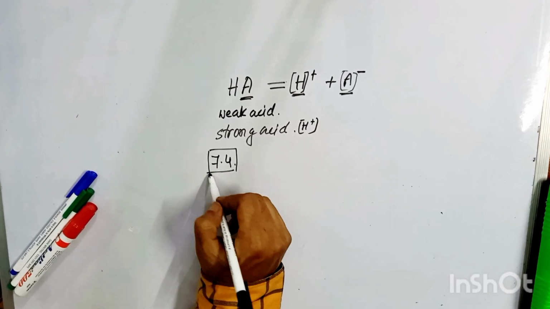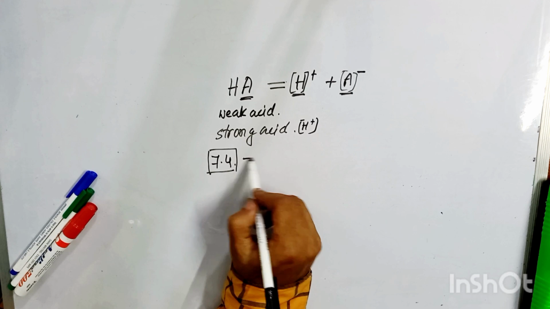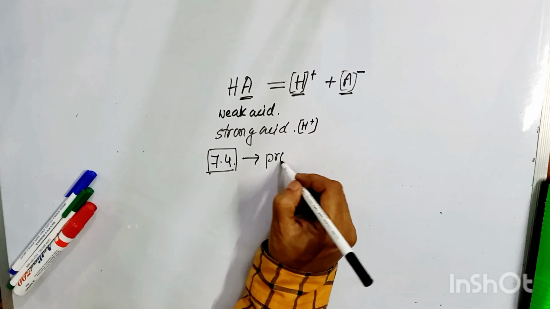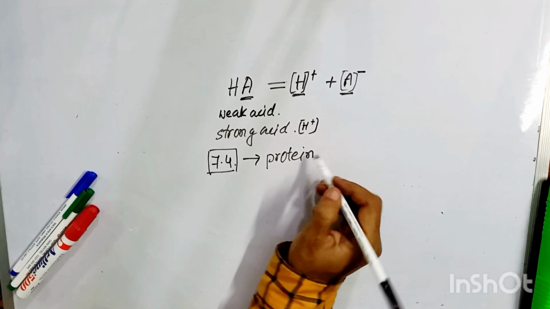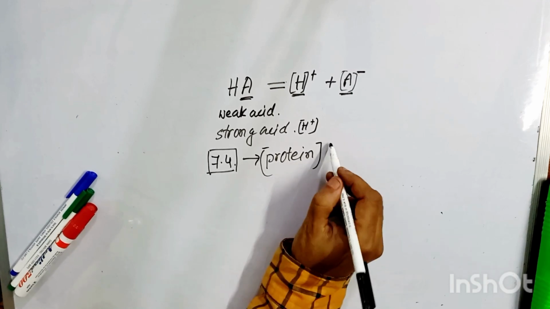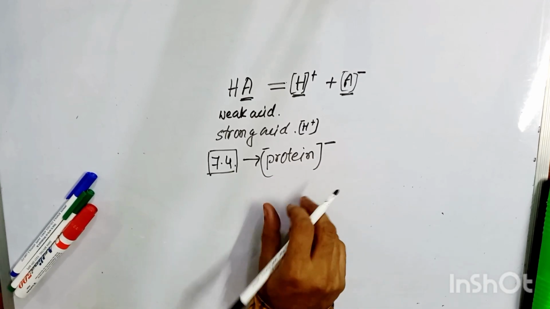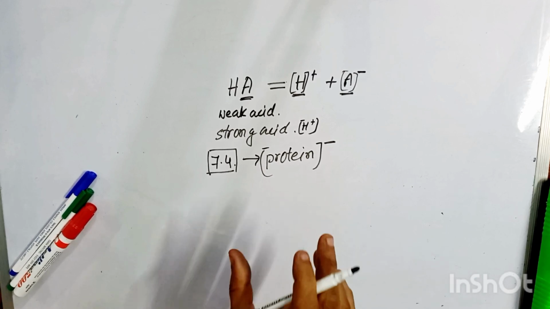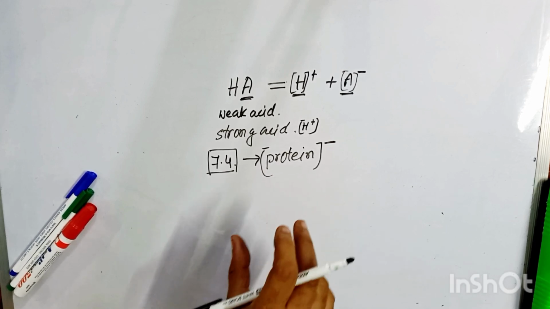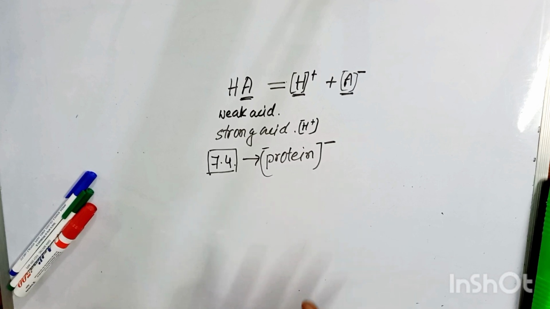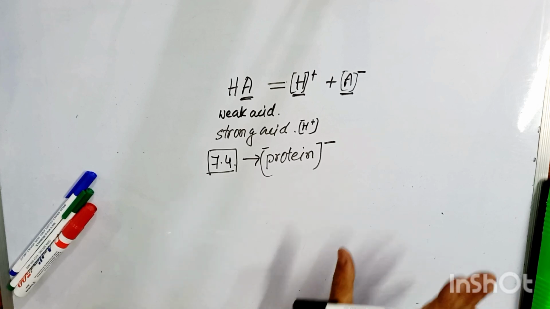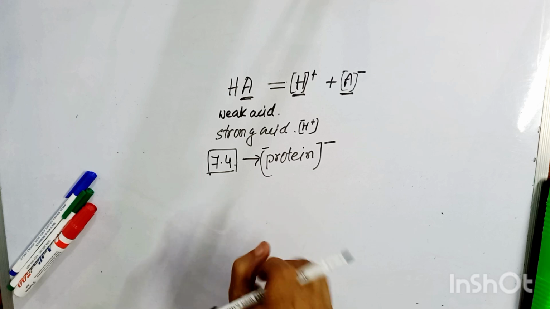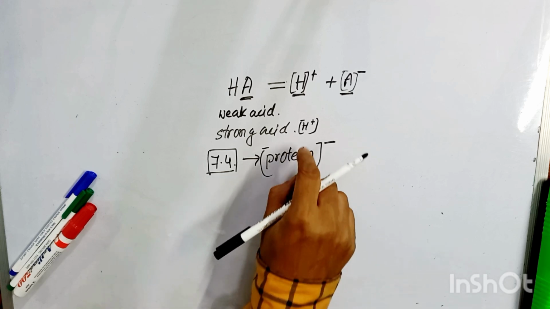At this pH, all the biological proteins are slightly negative, and this can be enzymes or any proteins. This slight negativity is in their different side chains, and these side chains will bind to these hydrogen ions,